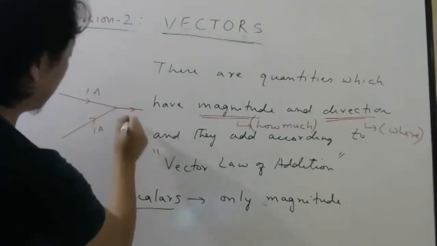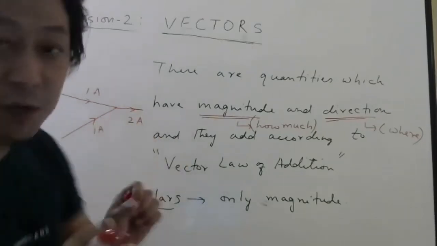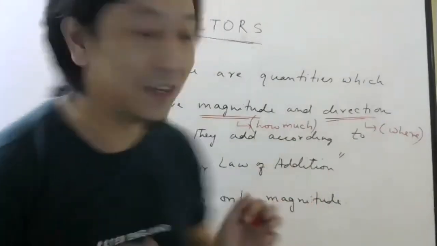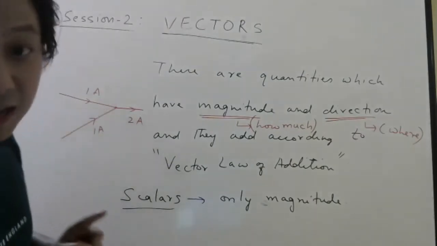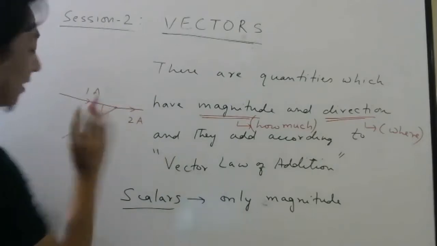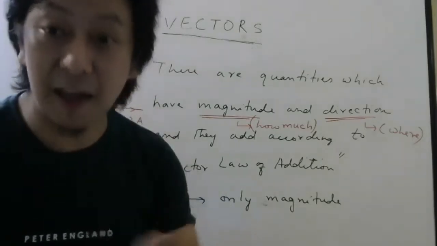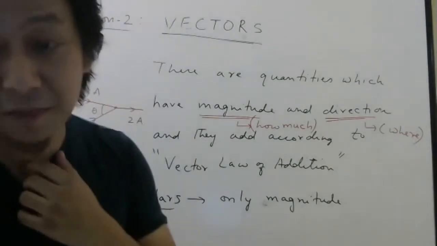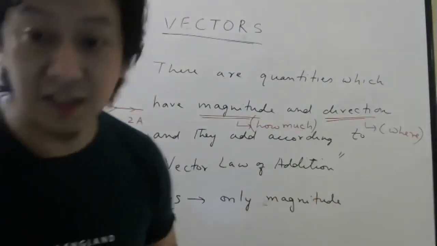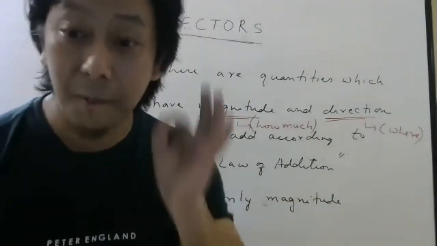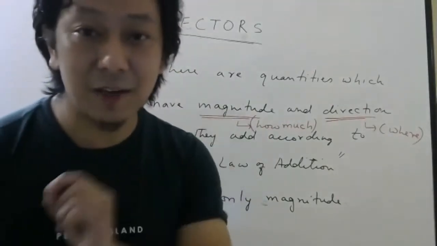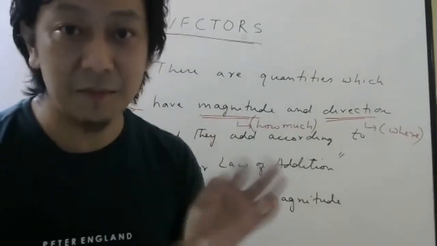Total current here will be 2 ampere. It will be exactly like we did for mass. 5 kg, 5 kg, total is 10 kg. So 1 ampere coming like this, 1 ampere coming like this in a wire, total current here will be 2 ampere. And even if you change this angle, it doesn't matter. Current may have magnitude, current may have direction, but it does not obey vector addition law. Displacement is a vector. Displacement obeys vector addition law. Magnetic field is also a vector. But current is a quantity. Write down: current is a quantity which has magnitude and direction, but it is not a vector.